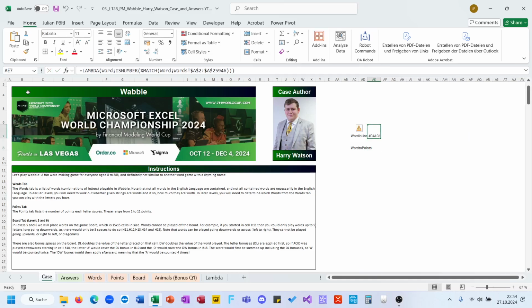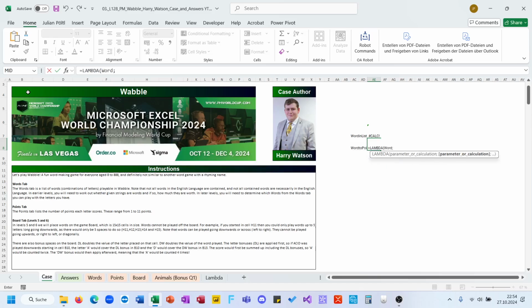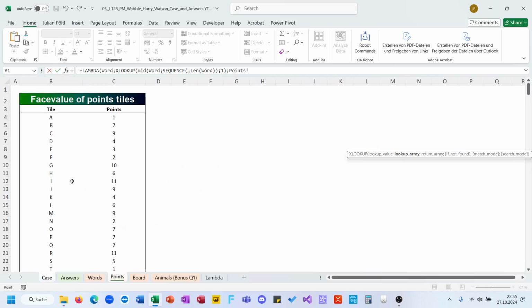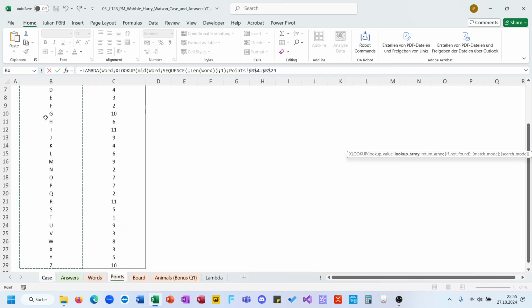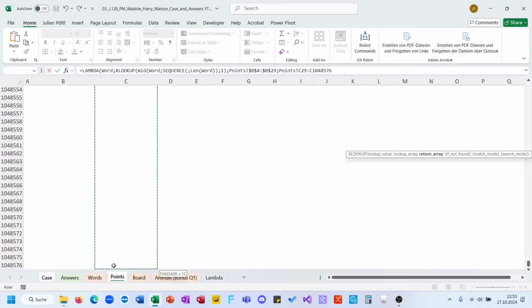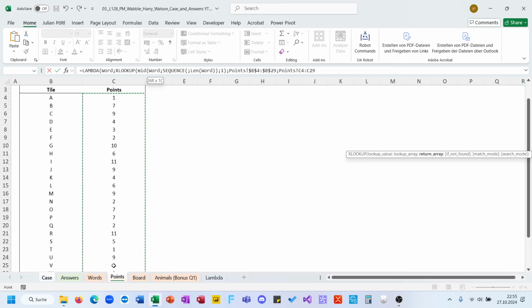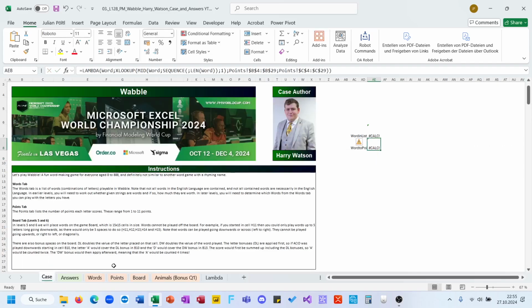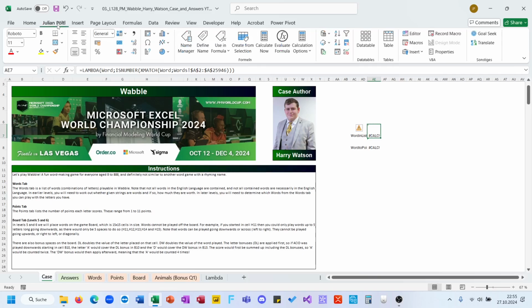Close all the brackets, and then word to points is lambda word x lookup mid word sequence then of word 1 in, so split a word into single pieces in here, returning this. Close the brackets. Now we